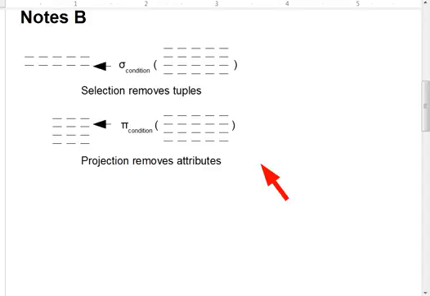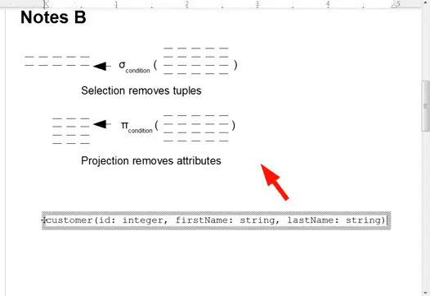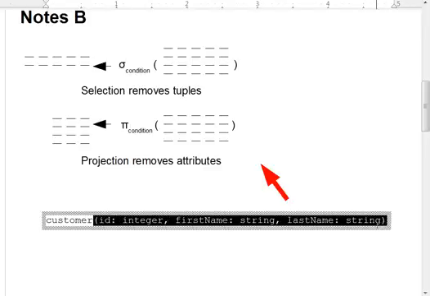So we'll start with the RA means of describing a relation's name and its constituent attributes, though not its actual content. And this is done via something called a schema in the RA context. The notation RA uses for schemas is quite similar to the create table statement from SQL. A relation schema is the relation name, like customer here, and then a parenthesized, comma-separated list of its attributes, each providing an attribute name and type separated by a colon. So not too different from the SQL create table statement, but perhaps a little lighter on the details of the